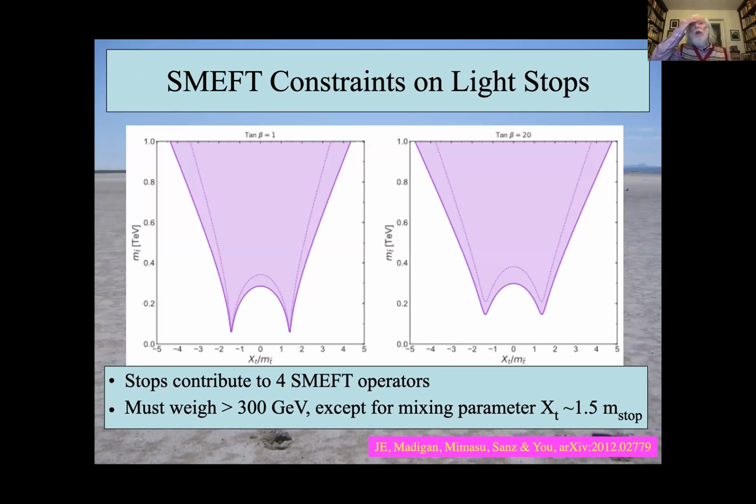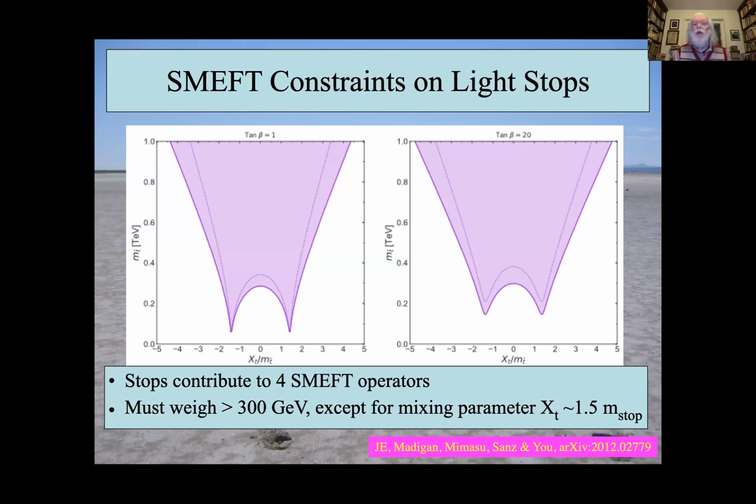So I mentioned the S word earlier on. I said that experiments at the LHC had looked for supersymmetry, but hadn't found it. And one of the supersymmetric possibilities that's often being considered is the possibility that there might be relatively light stop squarks. Now, supersymmetry has many parameters, and it's often rather difficult to do a scan over all the possible values of those parameters. The standard model effective field theory enables you to establish what are not exactly model-independent constraints, but less model-dependent constraints on the light stop scenario.